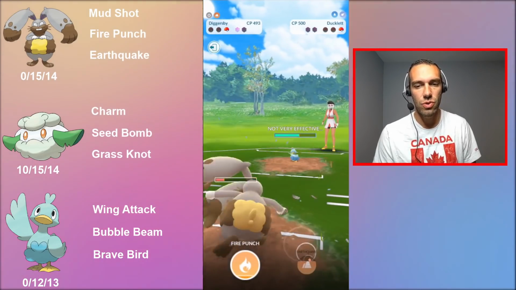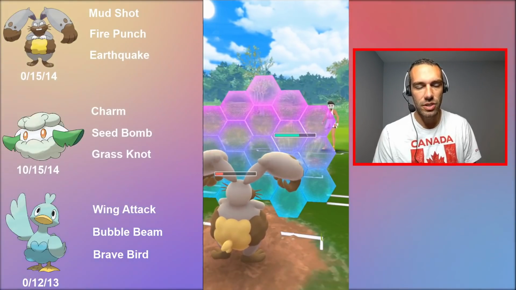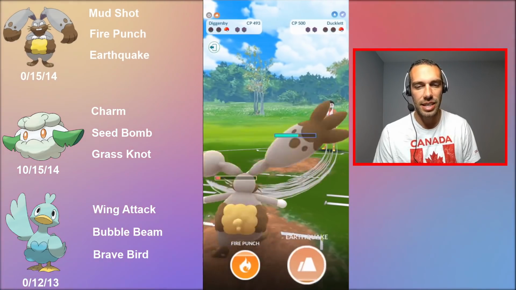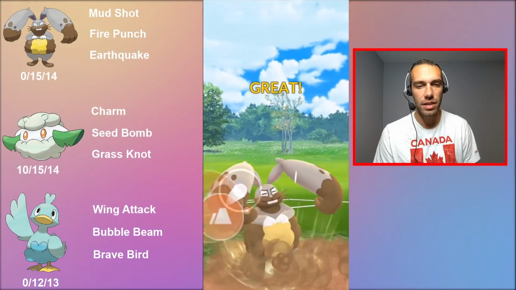So if you want to, you either come with your own Ducklet, or what I should have done is align the Cottony on it. Because again, like I said, even though it's a losing matchup, I could have...